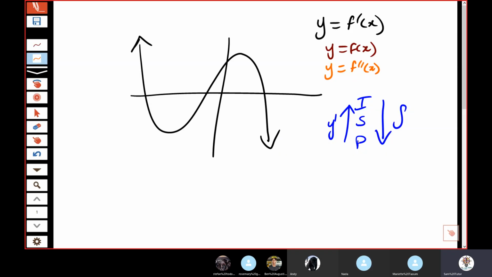Differentiate. Points of inflection become stationary. So that's a point of inflection right there, becomes stationary there or there. Stationary becomes intercepts. Intercepts there and there. And then